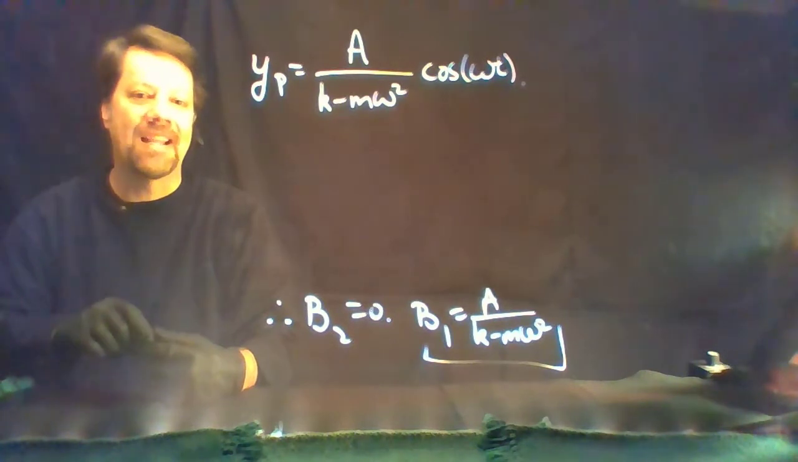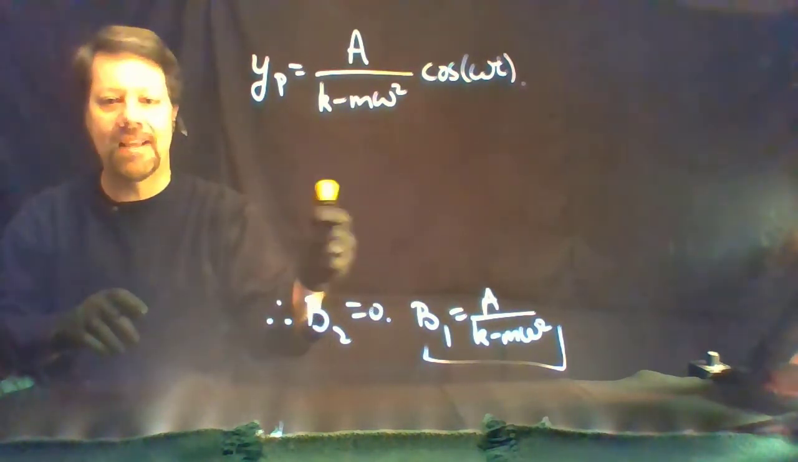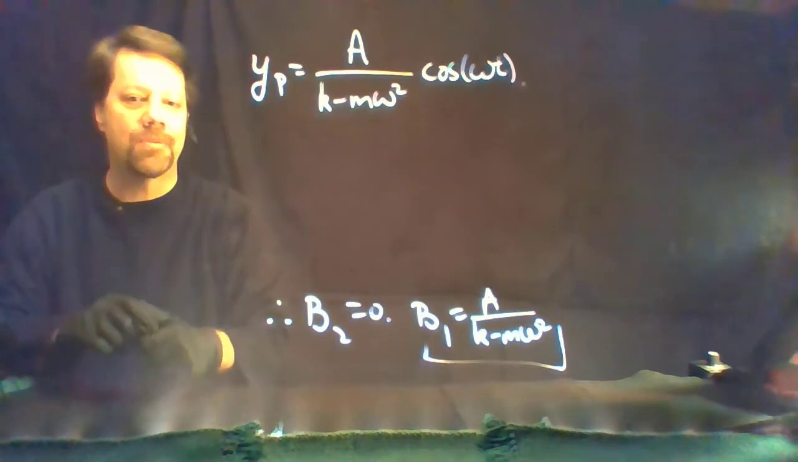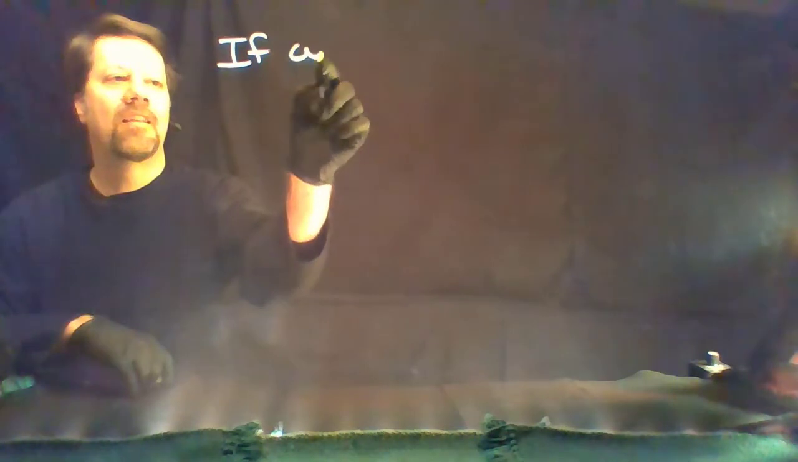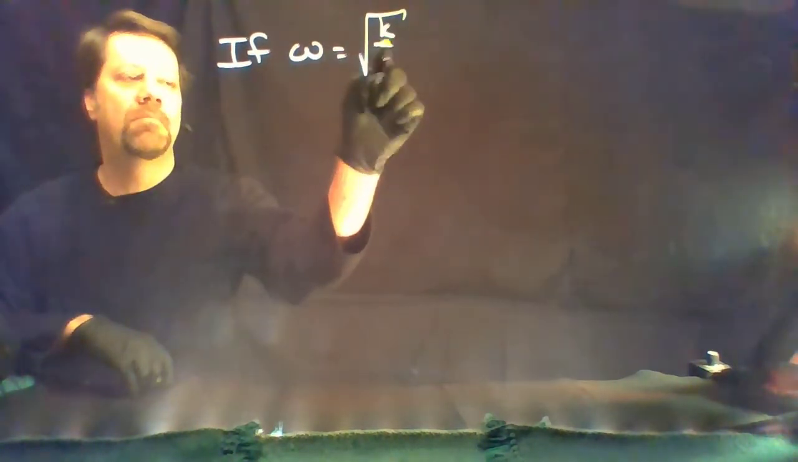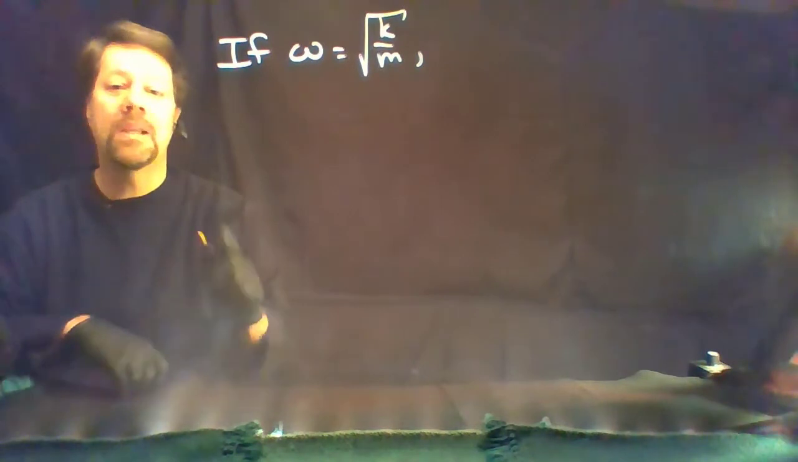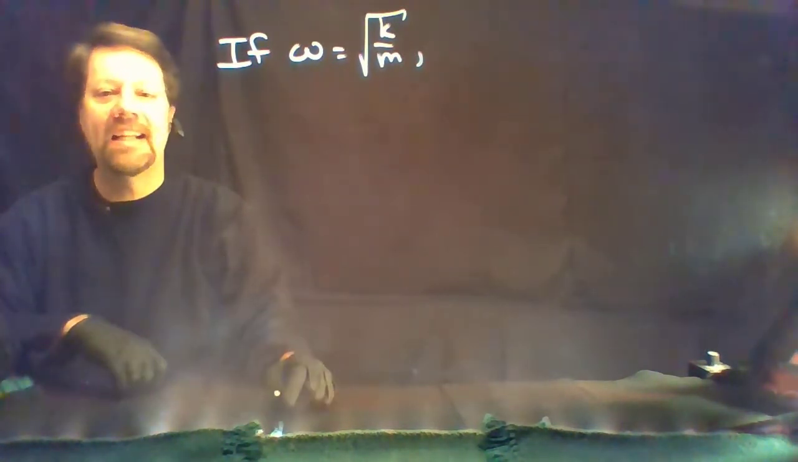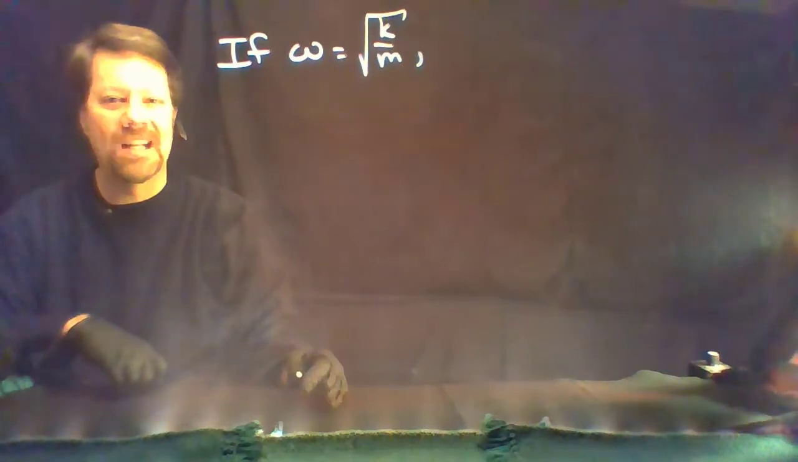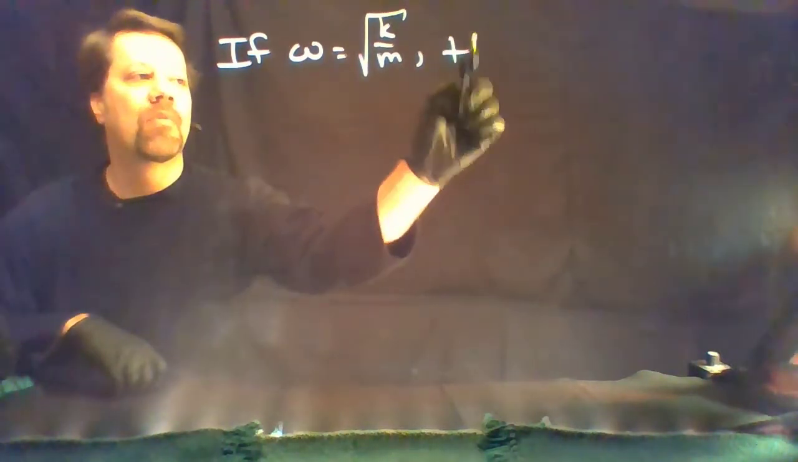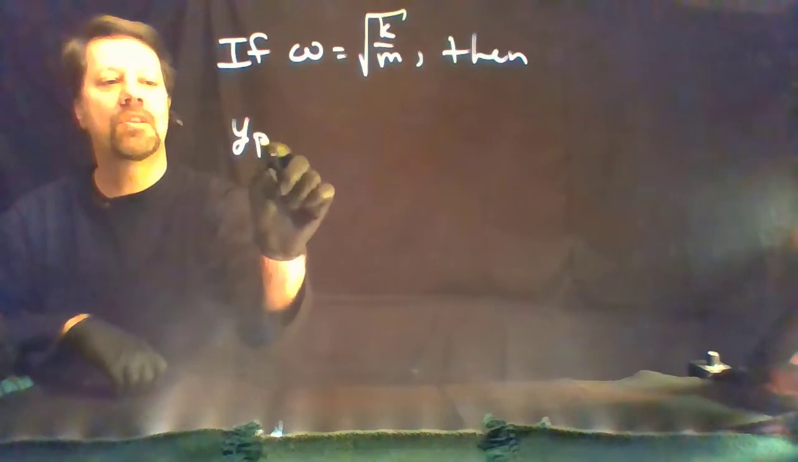So what does happen in the case of matching of the frequency of the external forcing function and the natural frequency of the oscillator? So, if omega is the square root of k over m, then we don't expect the particular solution to have the form we had before, because in that case, both terms will be elements of the homogeneous solution. In order to get something linearly independent, we have to multiply by t. So we suspect that the particular solution will have this form,